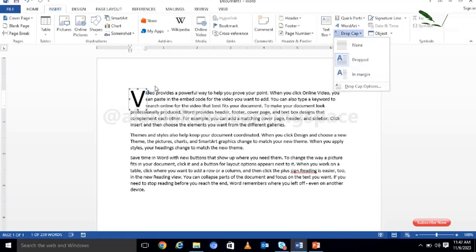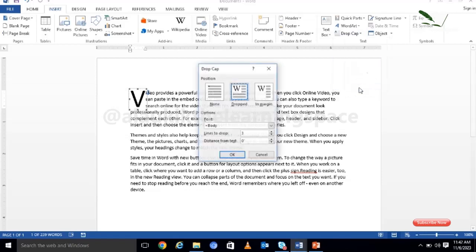Fine. In case you want to change the size and font of the drop cap, and also want to change its distance from the text, then you need to select the drop cap options. Click on it. You will get this dialog box. Here you can change the font you want. I will select